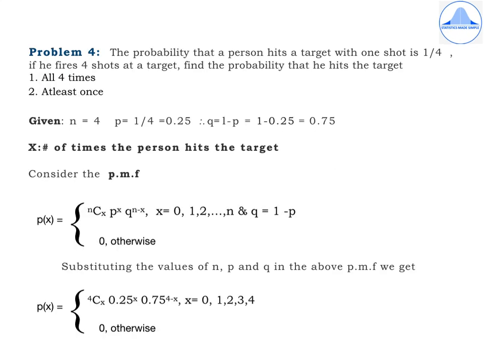The previous three problems which we discussed are usually 2-mark questions. Now from the fourth problem onwards, we will learn how to obtain solutions to the binomial distribution problems, and these problems are 5 markers. Now there are certain points which you have to keep in mind for these 5-mark problems.